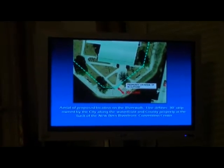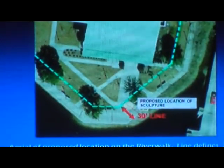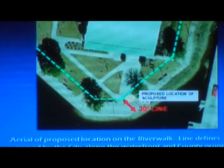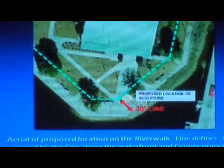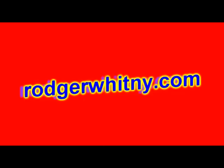This is an aerial of the proposed location. The green line defines the 30-foot strip owned by the city along the waterfront. And then the other side of that. And you can see how it all relates, and the red arrow shows again